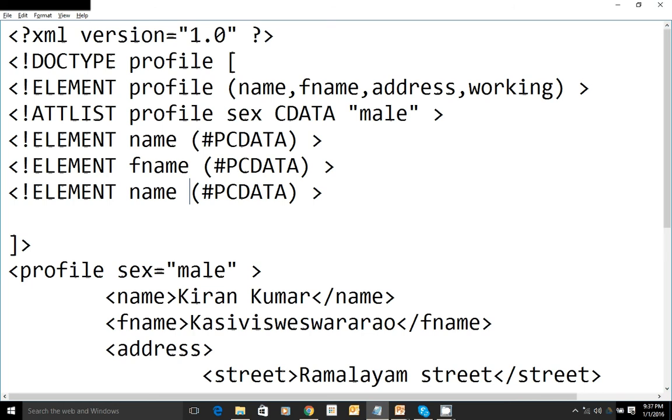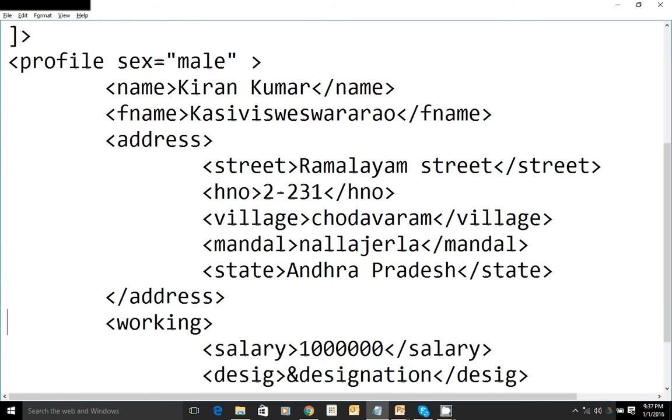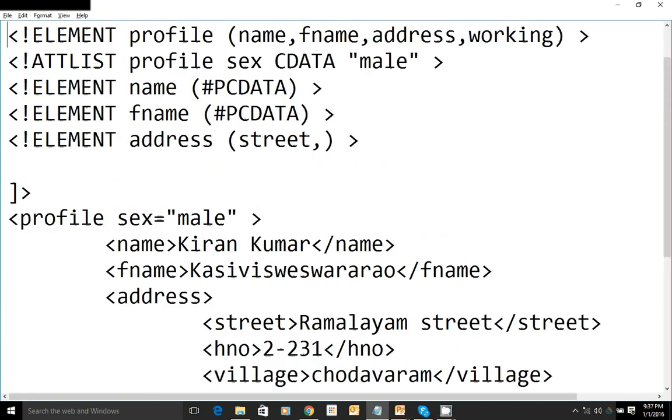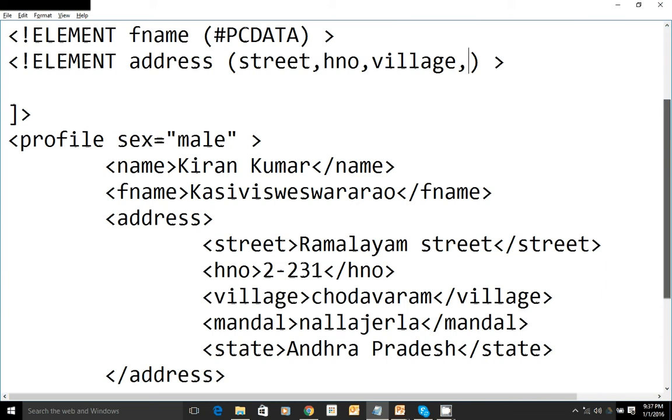Coming to address, address has 5 fields: street, house number, village, mandal, state. Yeah, this is how we define this.